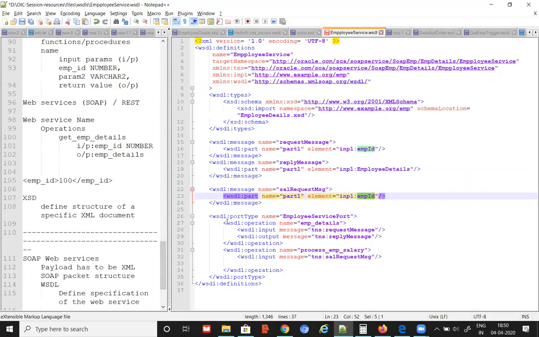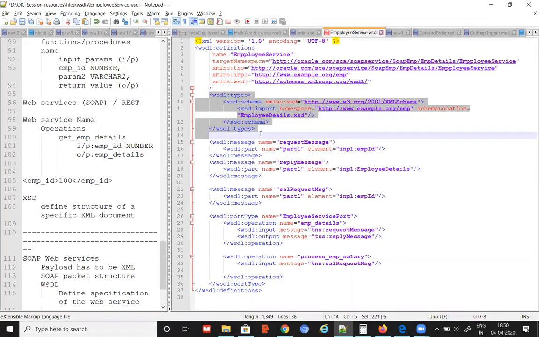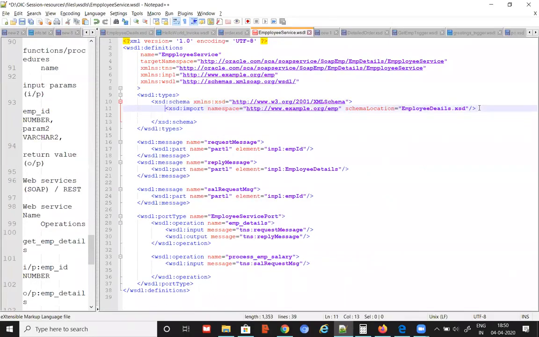So what I was trying to summarize: a web service contains port type. Inside that, operations; every operation may contain input and output messages. Then you have the message definition. You have types. Inside the types, you'll have schema. Schema is going to import XSDs. Like that, you can import multiple schemas also. If I don't have everything in the same XSD, I'll be importing those XSDs also, and I may be referring to them. Is everything clear here?